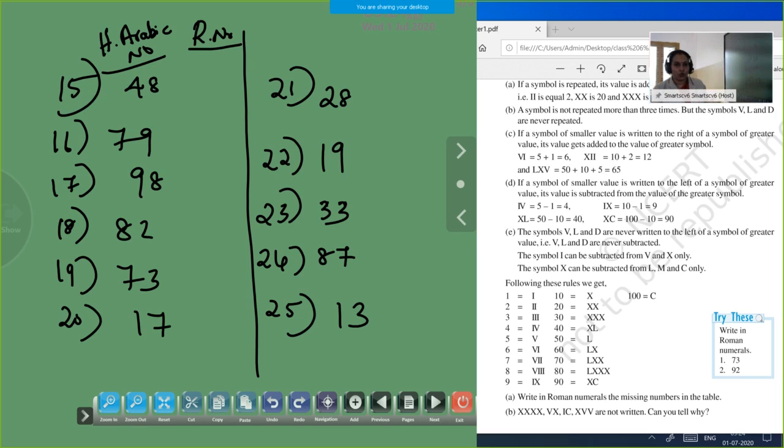Those who did yesterday's homework will write these answers within a second, I know that. Those who did not do yesterday's homework cannot, and will feel difficult in this portion. Okay? So whenever teacher is giving homework, do the homework on the same day itself and practice. If you have any doubt, you can contact the teacher. You have my number. Okay? Next, teacher is moving to the next page.